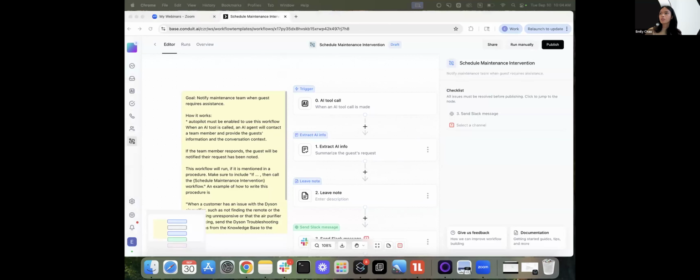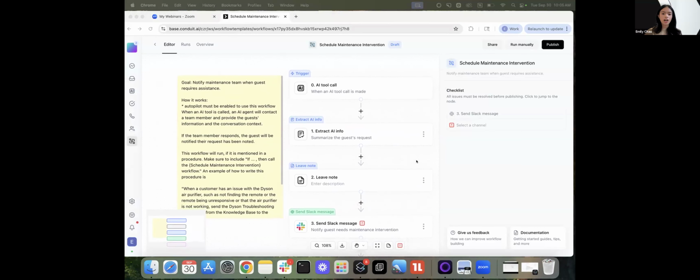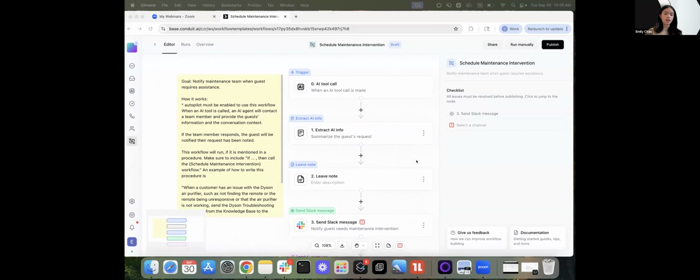This workflow is for the cases when a guest is struggling with an appliance. For instance, the heater's not working, the air conditioning is not working, and you want your AI to respond to the message, to provide the troubleshooting instructions, such as wait to see if the light turns on, plug it in, take it out, just things that are related to troubleshooting. But what if those troubleshooting instructions don't work and you want to notify maintenance? Instead of having the AI send